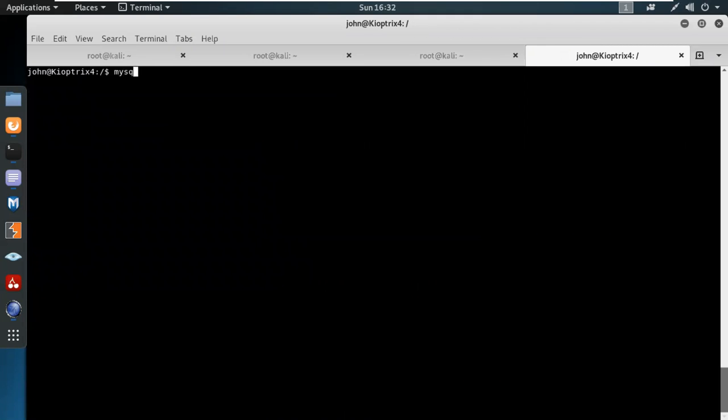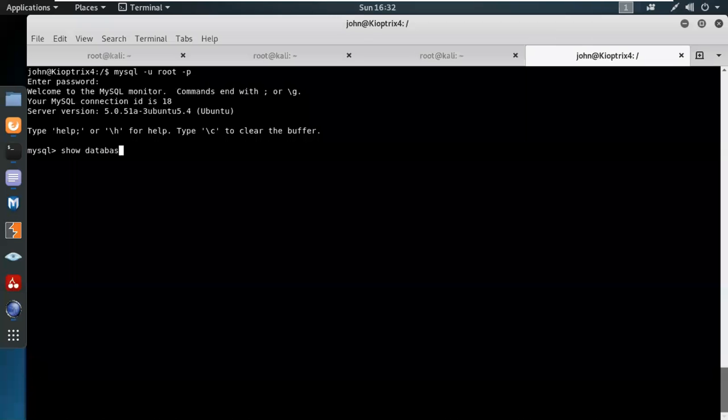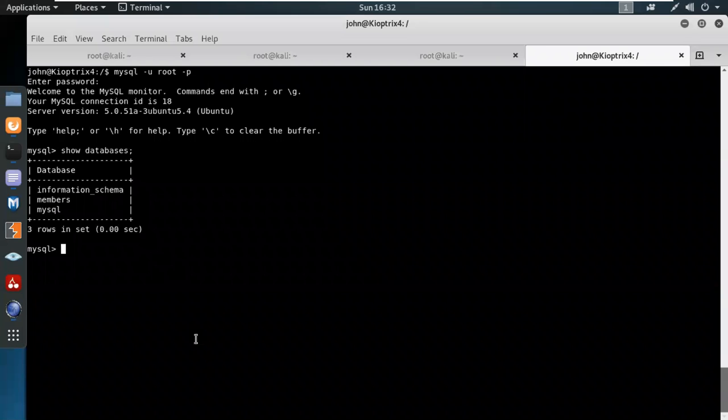So I'm going to use mysql -u root -p, and we are on the server side. So, show databases. Okay, so we can see information_schema, members, mysql. So in the members, I guess there will be John Lonefeld on the server side. So if you see mysql